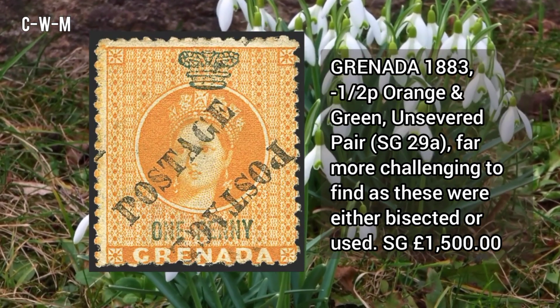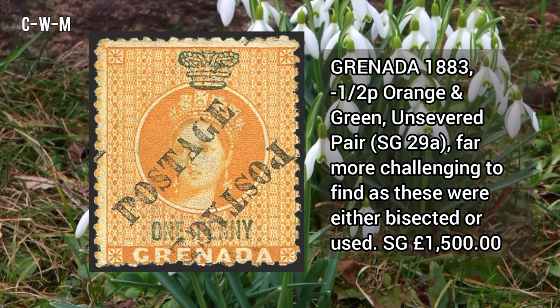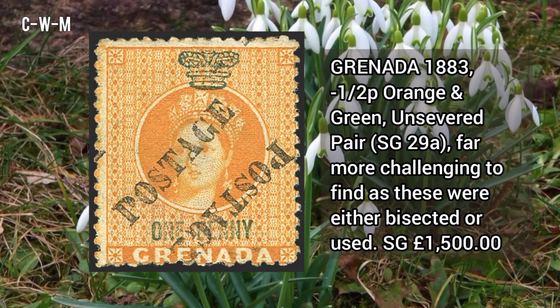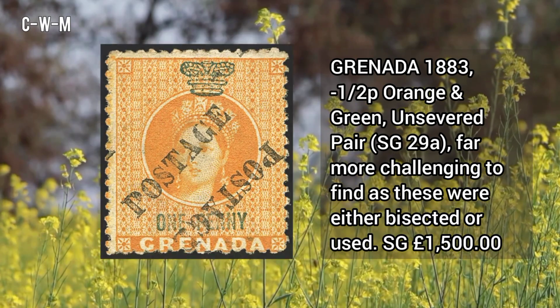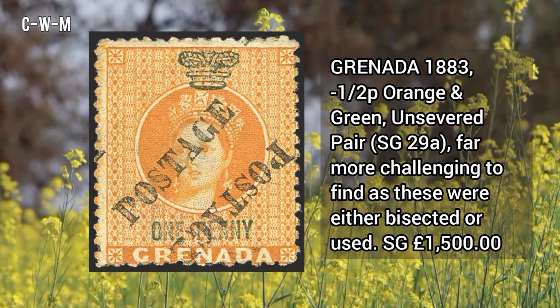Stamp from Grenada, 1883, half penny, orange and green, unsevered pair. The Stanley Gibbons number is 29A. Original gum, hinge remnant, warm color, centered slightly to bottom right, which is normal for this. Now fine and scarce. Unsevered pairs are far more challenging to find, as these were either bisected or used unsevered